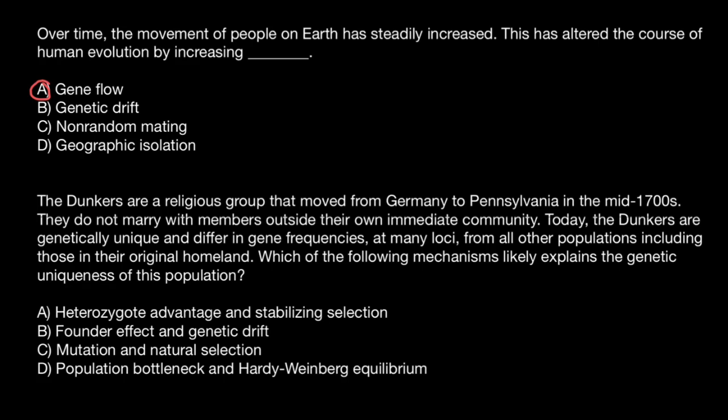Of course, there is a flow of alleles in the population and out of the population due to interracial marriages, but more or less we can say that this population is now stabilized and in Hardy-Weinberg equilibrium, which means that generation to generation the frequency of the alleles in this population is stable and doesn't change. Now we have to choose between founder effect and genetic drift, and mutation and natural selection, because this